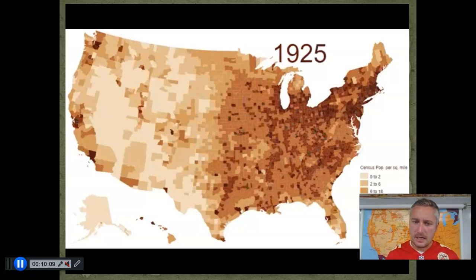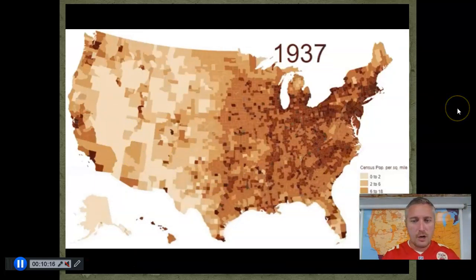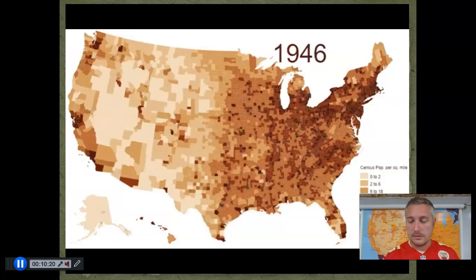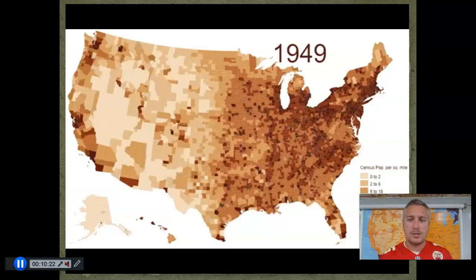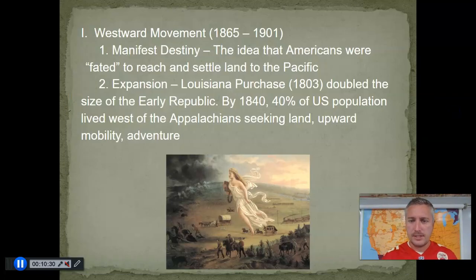I'm going to talk a lot about how geography has been beneficial to the United States over the course of our history. So, again, just a couple things to note. The population is mainly centered in the north, in the urban cores, in those cities out east, but also by the late 1800s, the time period we're talking about now, we're seeing a lot of population explosion out west, all right? So it is continuing to move west. All right, let's go ahead and talk about that westward movement.